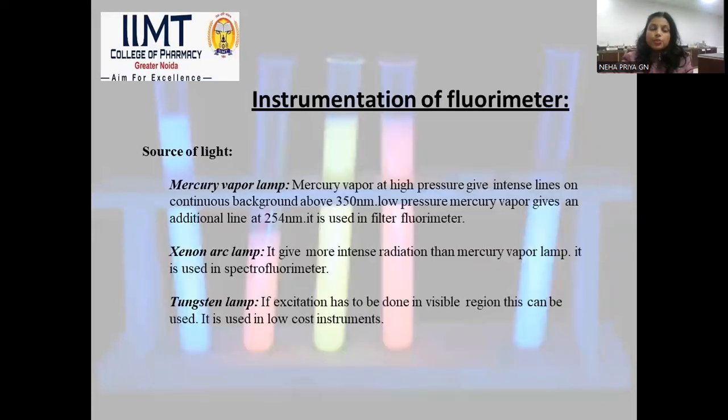So the first thing in the instrumentation of fluorimetry will be the source of light. In all radiation sources, we take a hollow cathode cylinder, and in that cylinder we fill our gas. For example, we give a mercury xenon gas, we give He gas in tungsten, we give mercury gas in a mercury arc lamp, and by giving that, we put that gas in the hollow cathode cylinder at a